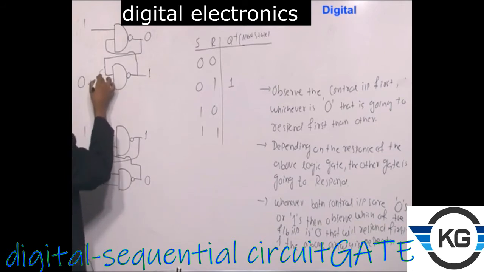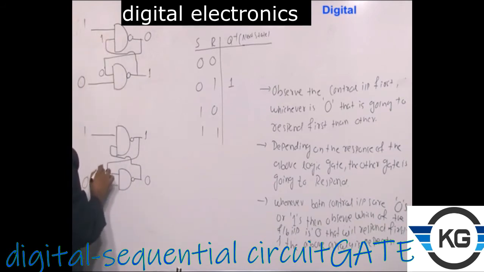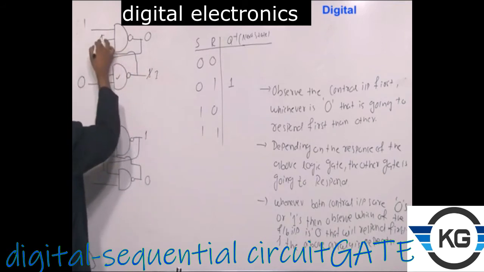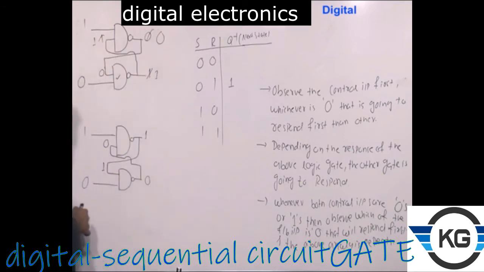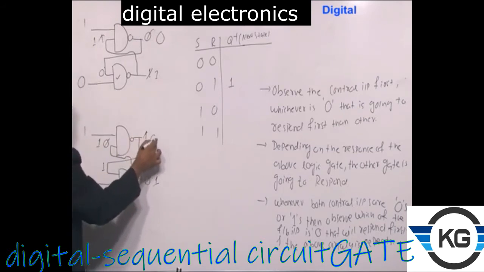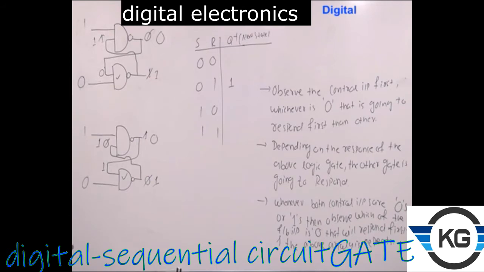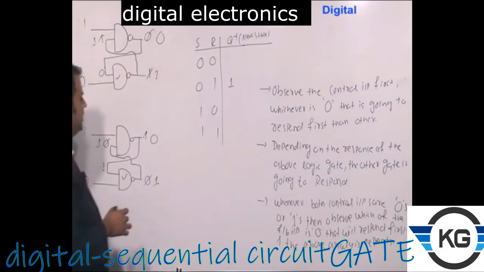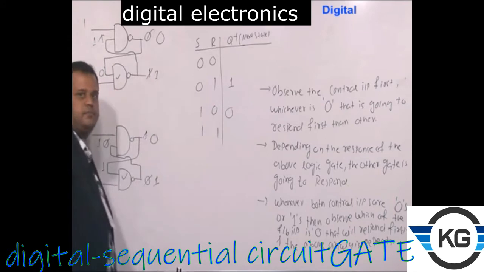Now this 0 is coming here, this 1 is coming here, this 1 is coming here, this 0 is coming here. Once again you see, this is going to respond first because this is 0. This 1 is coming here, so this will be again 0. Now among these, which will respond first? This will respond first. If this is 0, then this will be 1, so this will respond first. Now this will come here, so 1, 1 is 0. Now what are you getting here? When the input is 1, 0, the next state is 0, irrespective of the initial condition. So here I am writing this as 0.